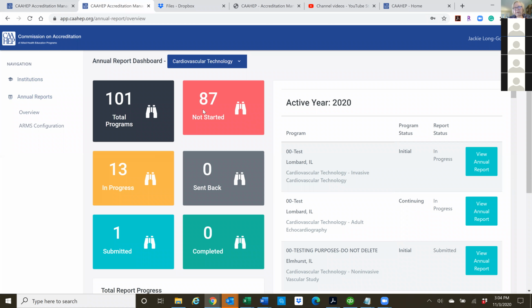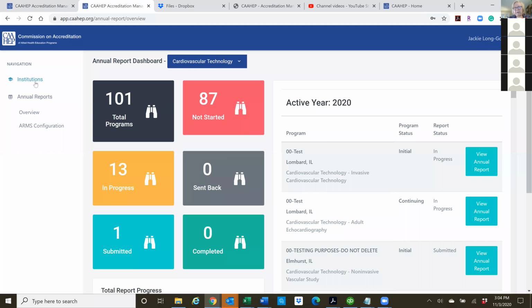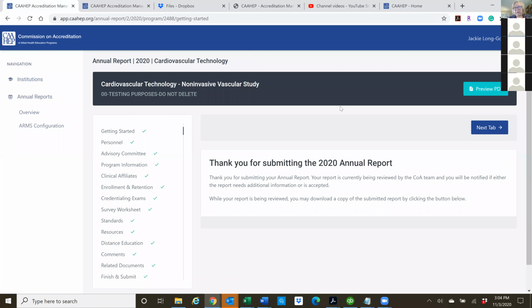So I think you're going to find out that it's a much nicer system. It's a much more user-friendly system. The first time you go through it, you do have to add information, but the nice thing is it gets carried over year to year, and then you only have to make changes in the information that you submitted. You don't have to resubmit it every year, because it'll be in the system and carry over.